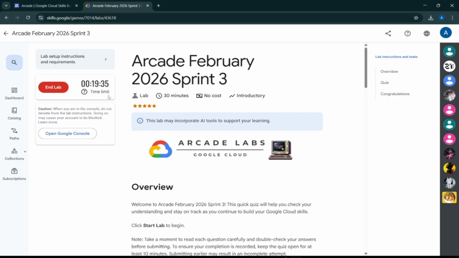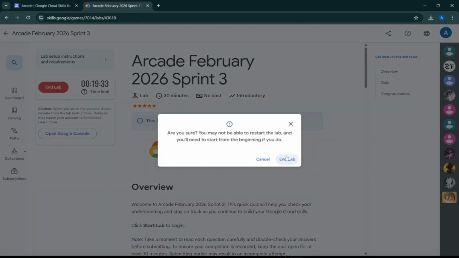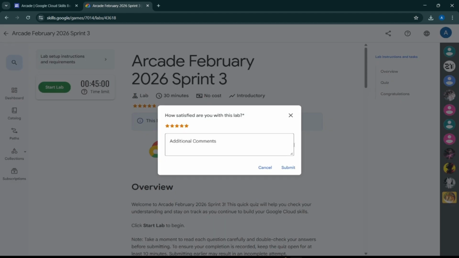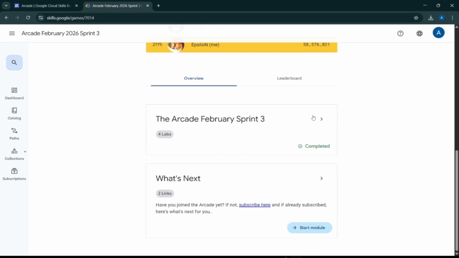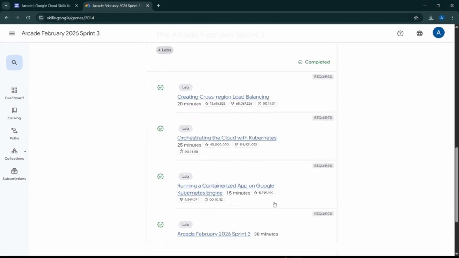So as you can see यहाँ पे 10 minutes से ज़्यादा पास हो चुके हैं, तो we can just simply end this lab. एंड अगर हमें चेक करना है कि ये चीज़ सही में एंड हुई है एंड हमें इसके पॉइंट्स मिले हैं, तो इसके लिए हम सिंपली बैक जा सकते हैं एंड यहाँ पे हमें दिखेगा कंप्लीटेड, यानी कि ये कंप्लीट हो चुका है।